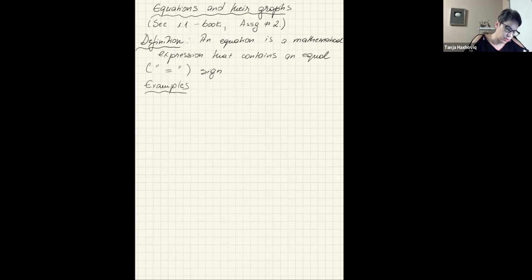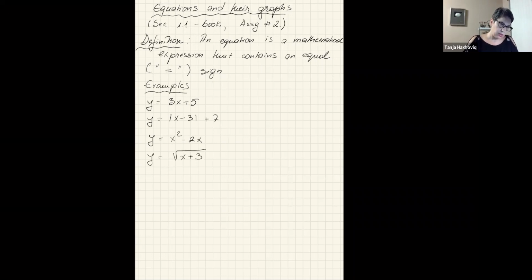of equations. y = 3x + 5. y = |x − 3| + 7. y = x² − 2x. y = √(x + 3). y − x² = 16, and so on. So these are various examples of equations, and